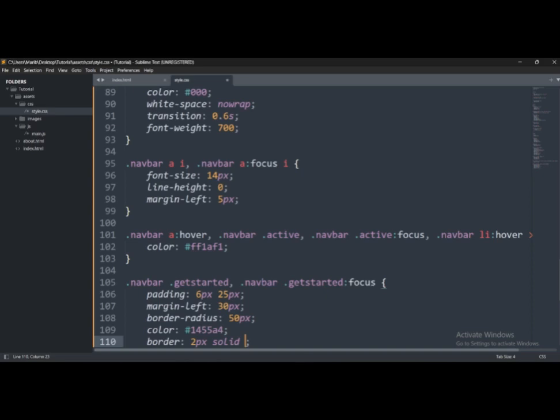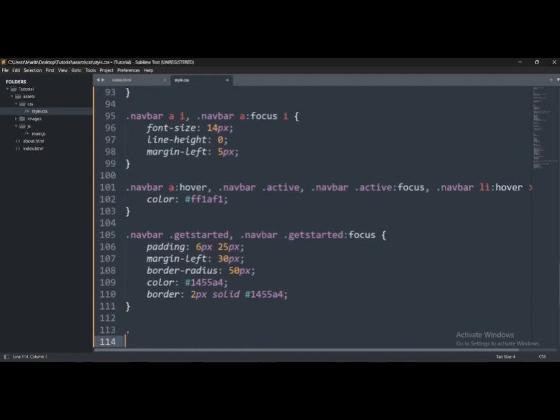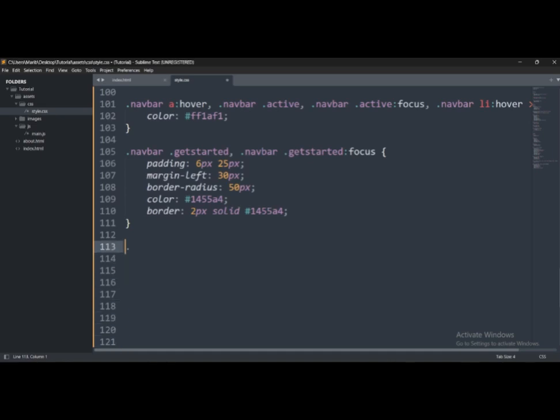Now, here I'm defining 3 values for this property. The border should be 2 pixels thick and solid, not dotted or whatever. And I'm going to define the color, which I'm just going to use the same color as the field color. I don't want the border to be different from the field. Okay, so I'm just going to say,